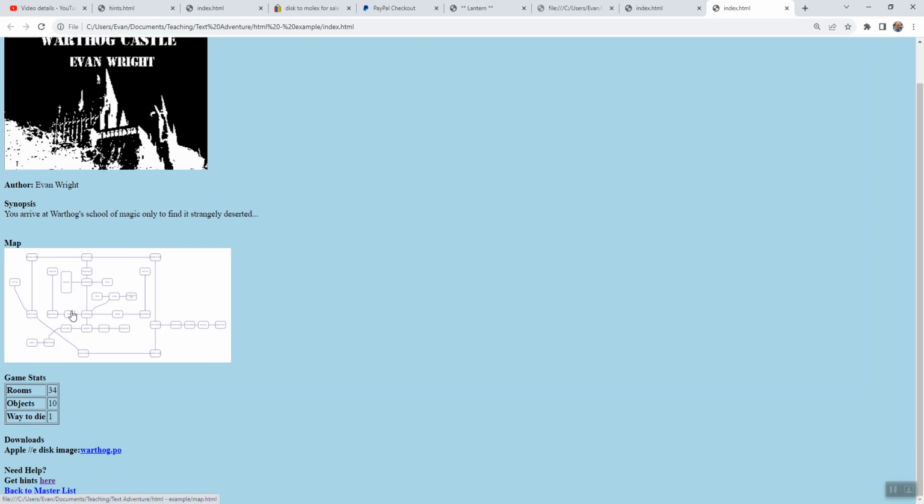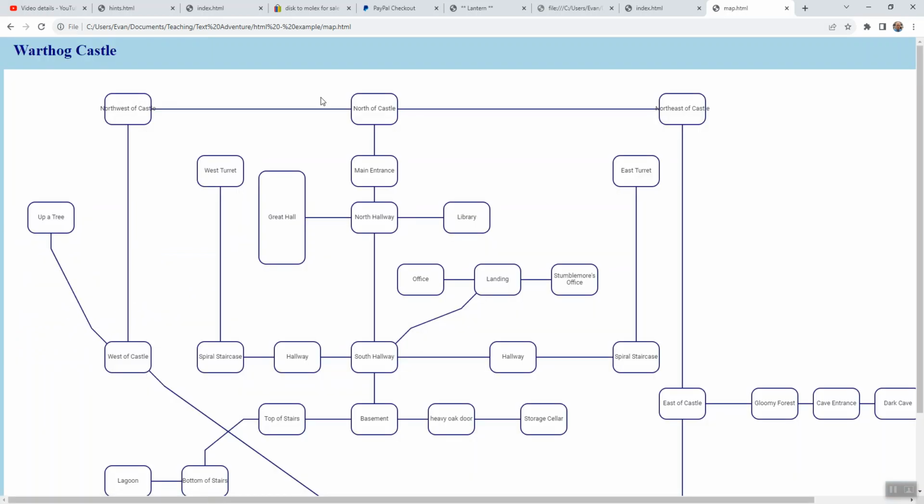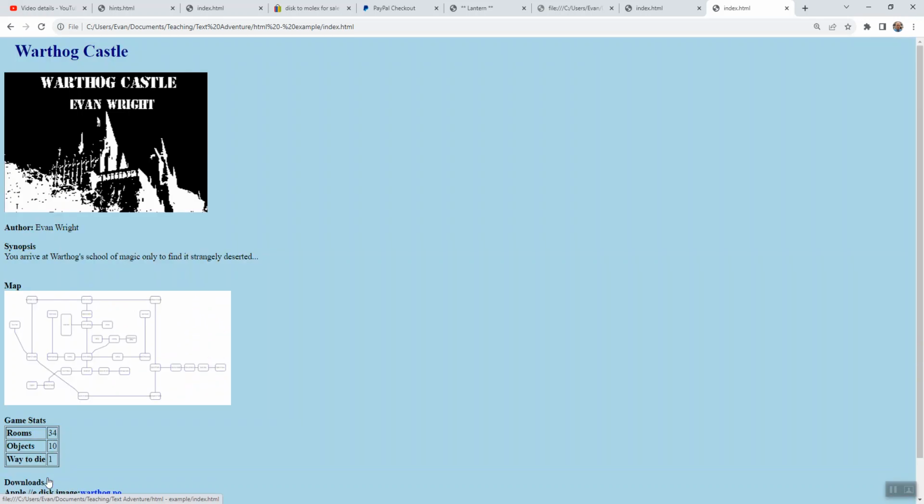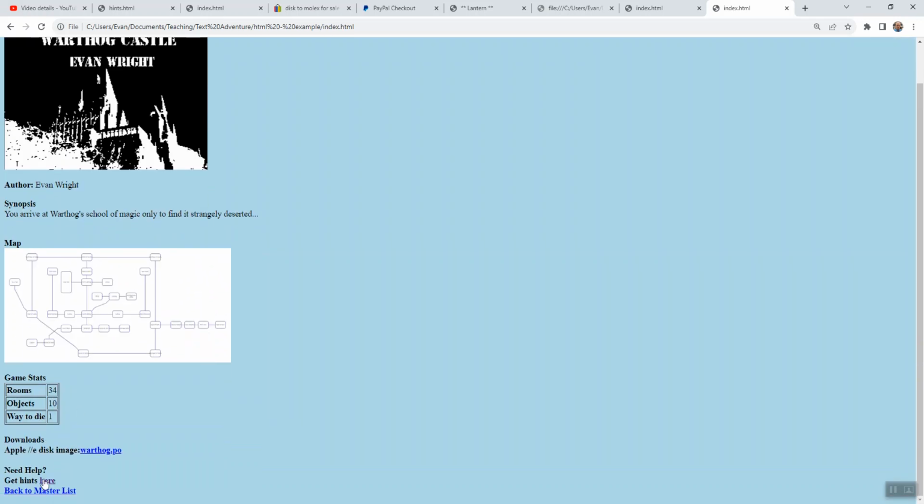Now when I click on my map here, it should take me to another page called map, and here's the actual map for my game. I should be able to click on this link at the bottom and go back to my main page. For hints,